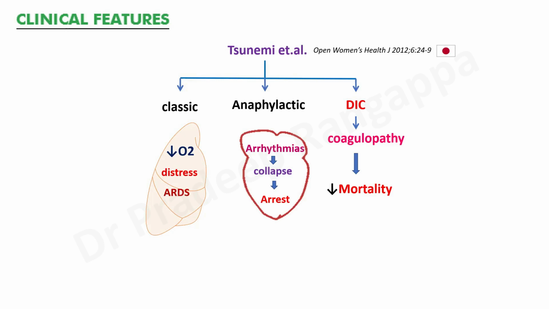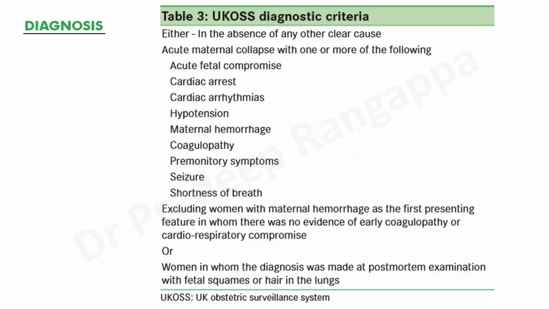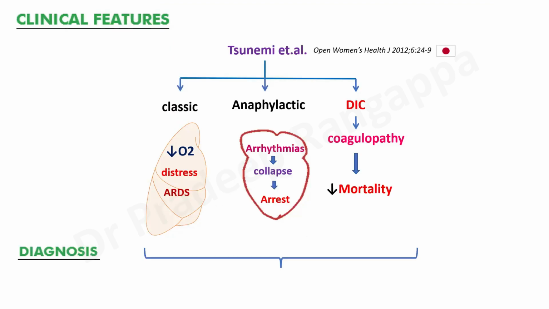It has been shown that in someone who presents only with coagulopathy or coagulation cascade activation, the mortality is less, and mortality is significantly high when there is a respiratory or cardiovascular component. So diagnosis is basically clinical, looking at the spectrum of these three clinical presentations. The UK Obstetric Society has come out with diagnostic criteria, but for all the listeners, if you can remember this particular picture: you have a cardiovascular component, a respiratory component, and a coagulopathy, and with any overlap of these, one should keep in mind the possibility of amniotic fluid embolism,